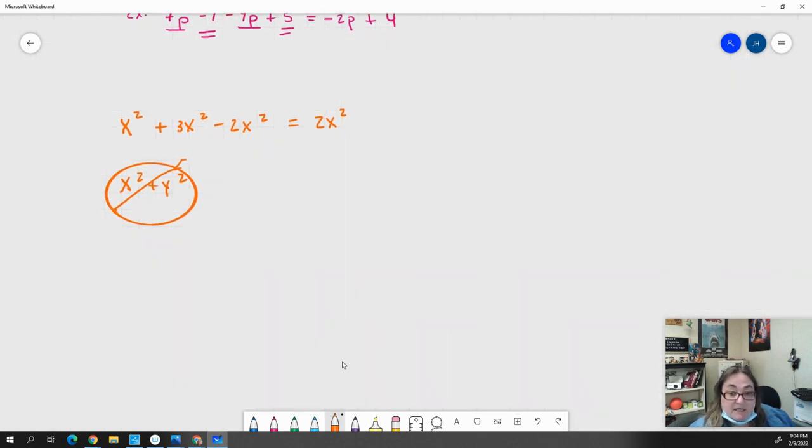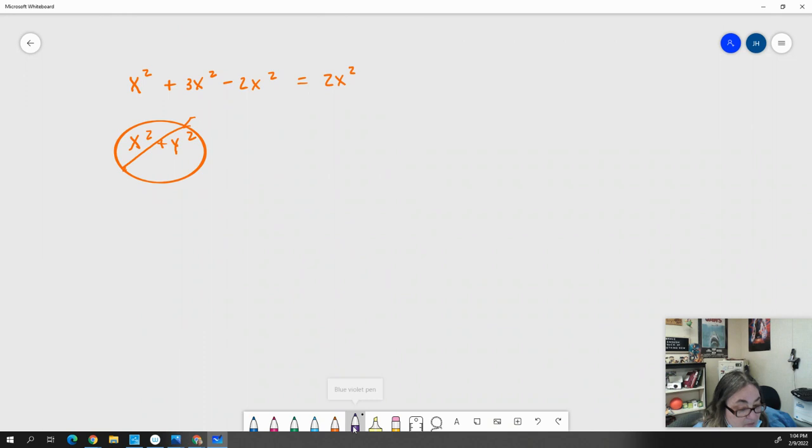So what does that look like in terms of examples? Well, if I have 5x squared plus 7x squared, I can combine those two to get 12x squared. And we can mix these things up a little bit, right? What if I had, for example, 8x squared minus x minus 5x plus 7